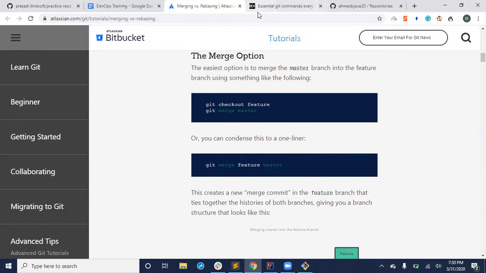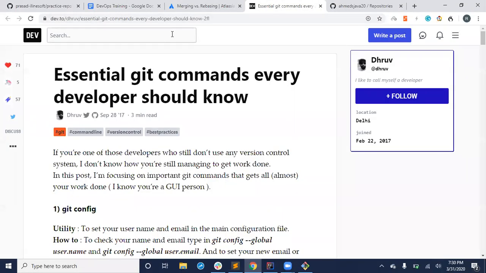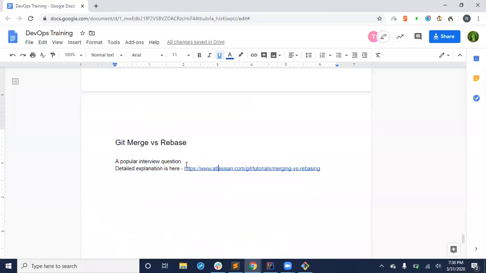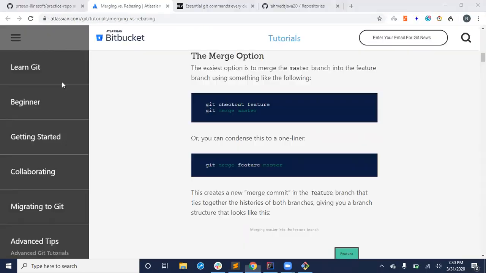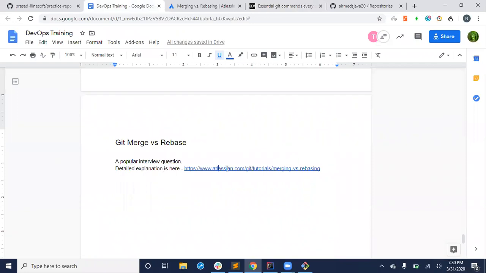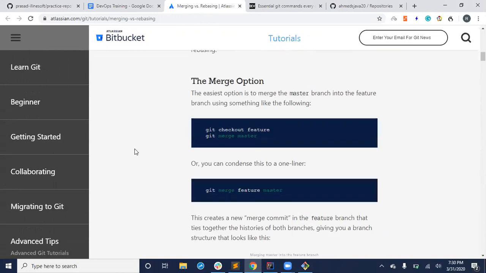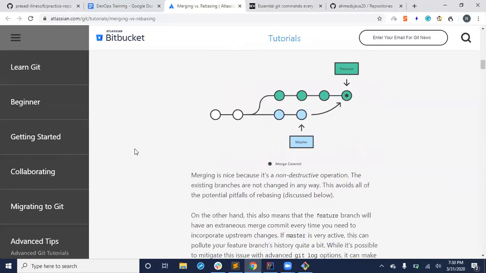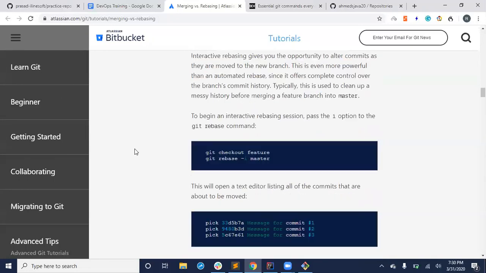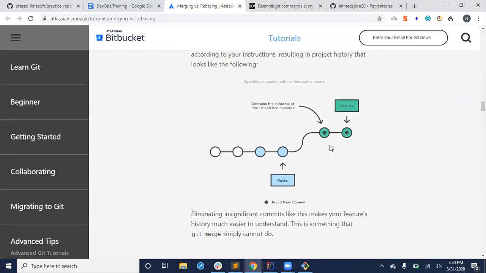But what I really want to show you is something between merging and rebasing. I already pasted this one. See this in the training document. I kept this in the training document, merging versus rebasing. Merging is all about taking the changes from one branch into another branch in one shot. Now there is something called rebasing. The picture might be very confusing, but the purpose of rebase is, let's say you have done 3-4 commits in a feature branch. To merge it to another branch, you bring all the commits in one shot and then it will be there.